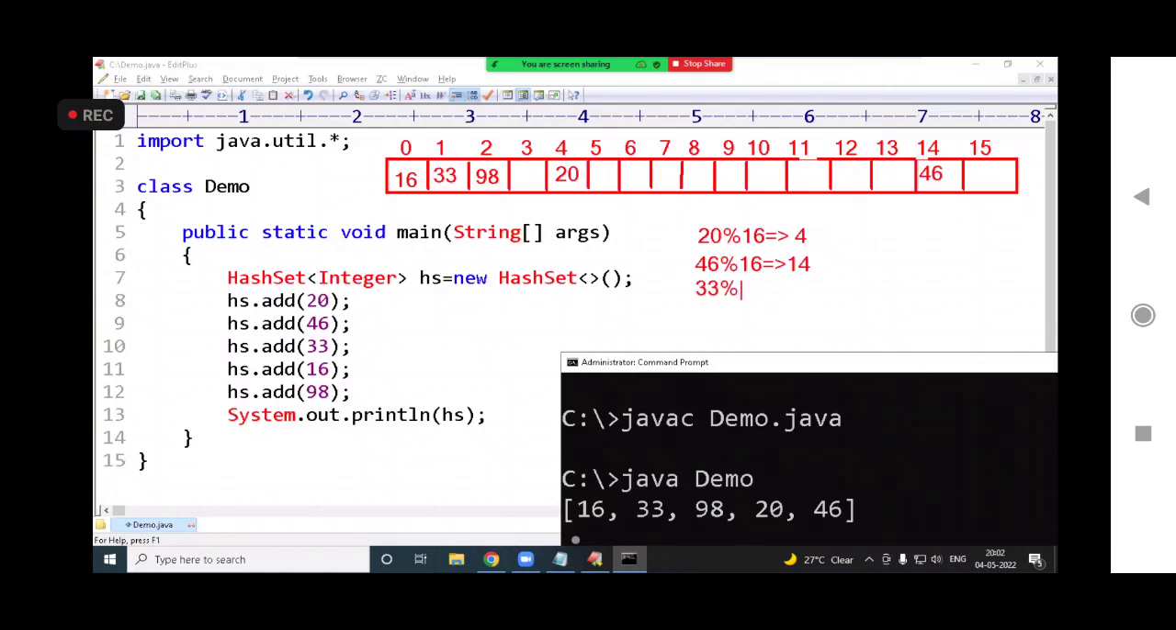33 modulo division 16, remainder 1. So we'll get 1. Next, 16 modulo division 16, remainder 0. 98 modulo division 16, remainder